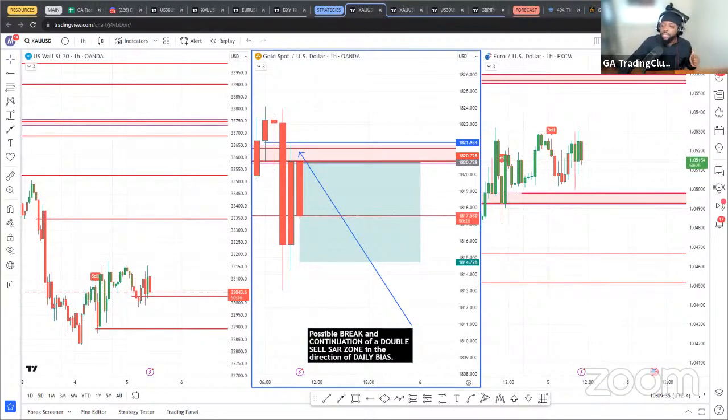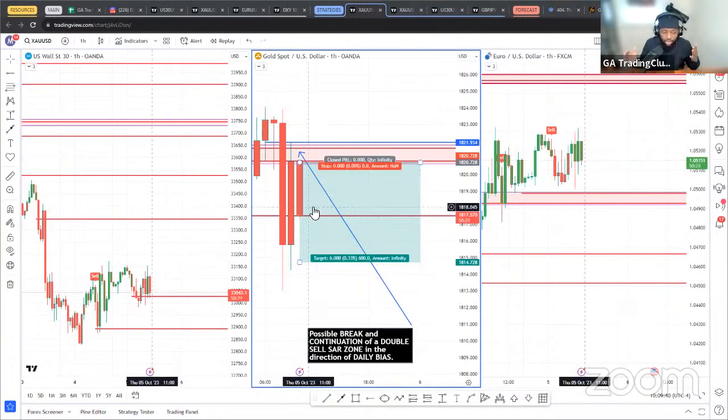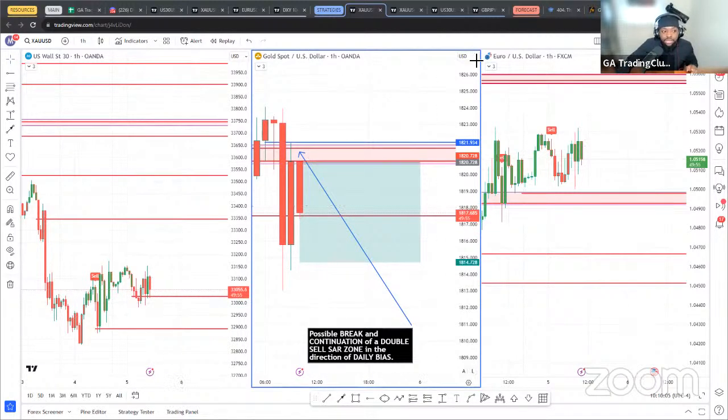The idea here is that on hourly and 4-hour candles, the candles don't move so much against the strategy. Let me put it this way: an hourly double SAR is much stronger than a 1 minute, a 5 minute, a 15 minute, or a 30 minute double SAR. So for them to fake out an hourly double SAR, especially when your entry is this close, you see, for